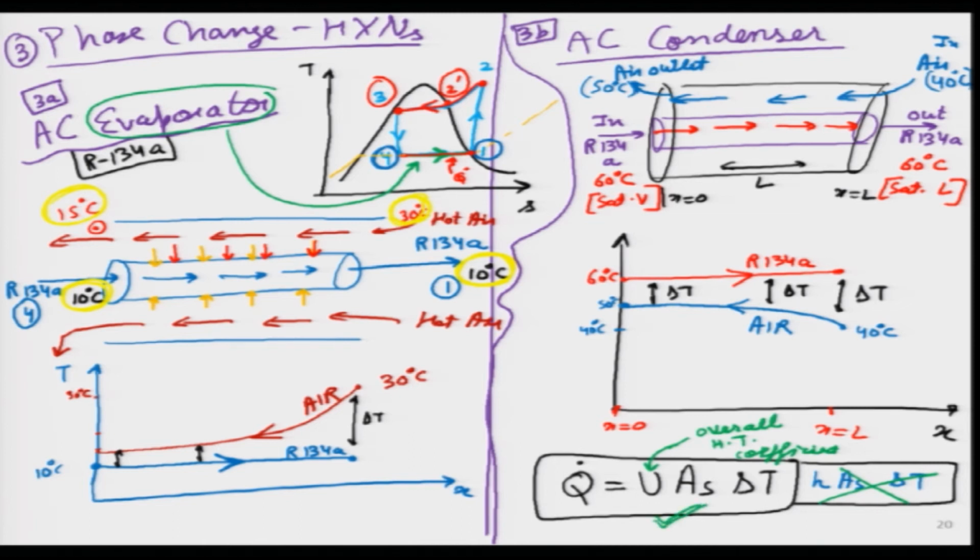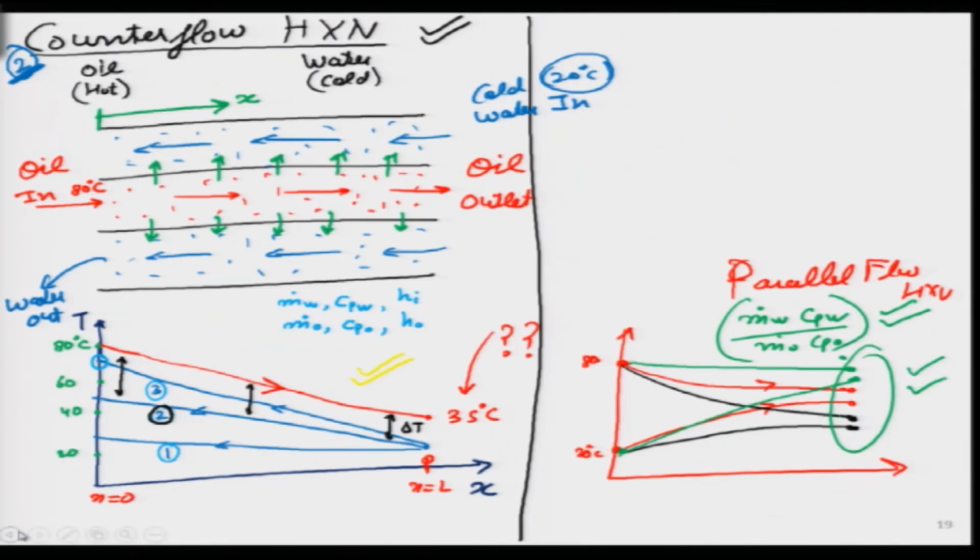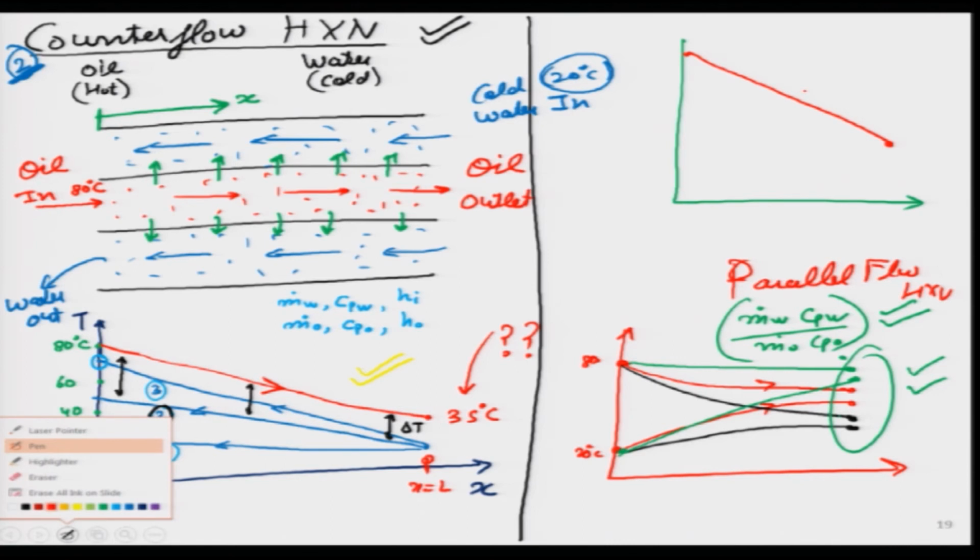And now, you can understand that if I somehow get the value of U, which is the overall heat transfer coefficient, then my next worry would be what is the value of delta T, which is the temperature difference between the 2 fluids that I need to apply. If both the curves were parallel, what do I mean by that? If both the curves were like this, the red one comes down from here to here, that is the hot fluid coming from here to here, and the cold one goes from here to there.